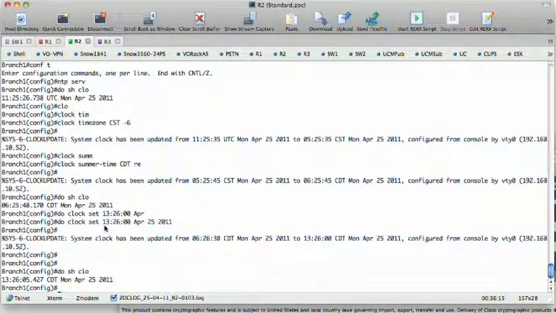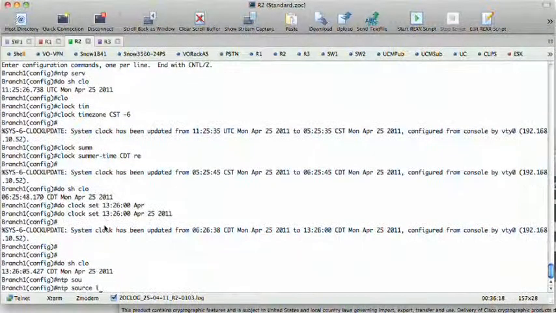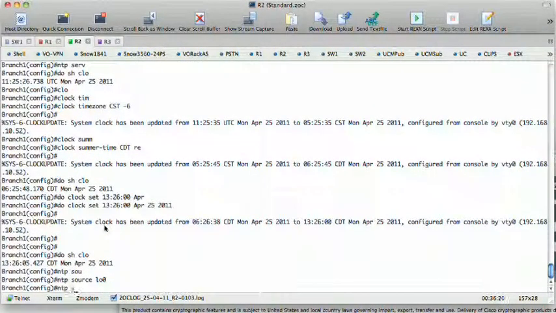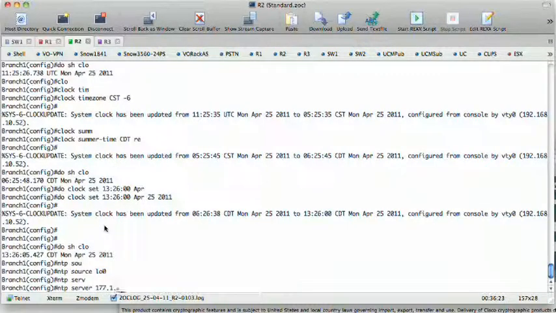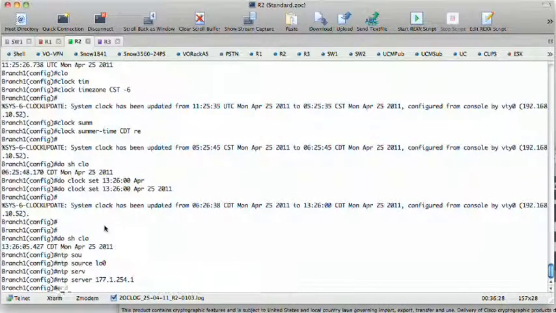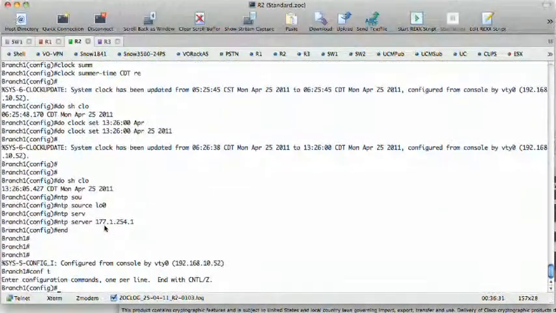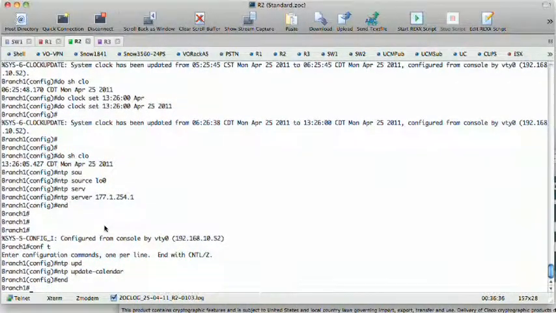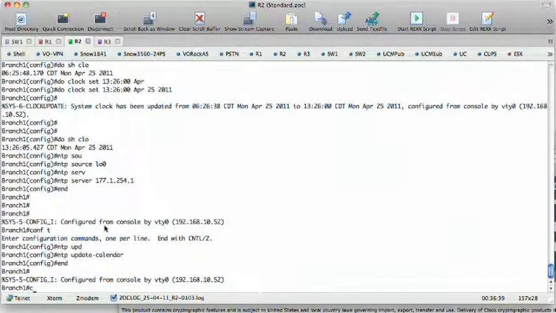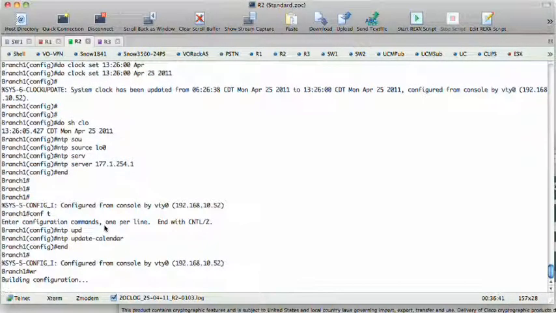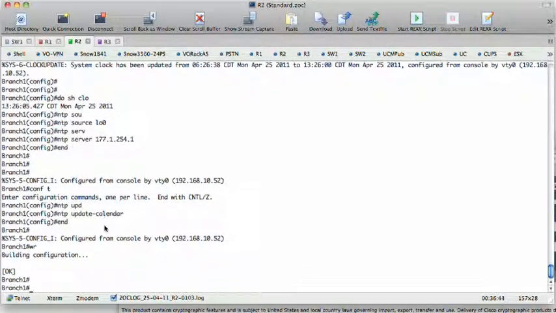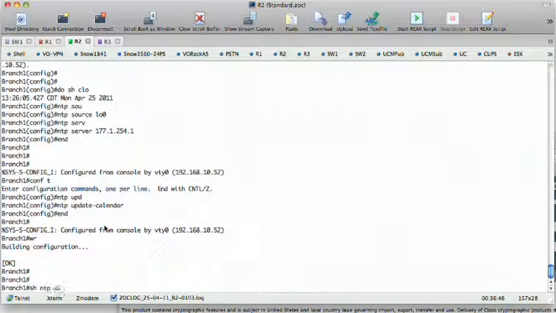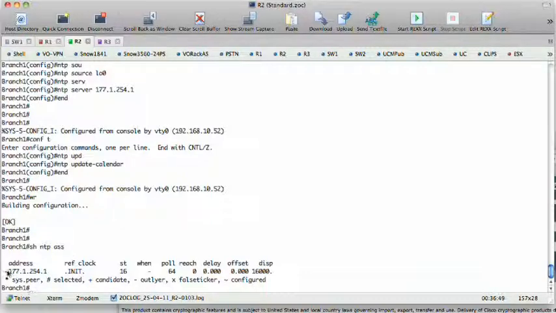And now we'll go ahead and say NTP source loopback 0. NTP server is 177.1.254.1, the loopback 0 IP. And that's good enough. Actually, one other thing that's helpful is NTP update calendar, so that once it does synchronize with NTP, it will update its hardware clock so that subsequent reboots will be set to the proper time. Okay, we'll write our router configuration and do show NTP associations, where we see it's configured, but